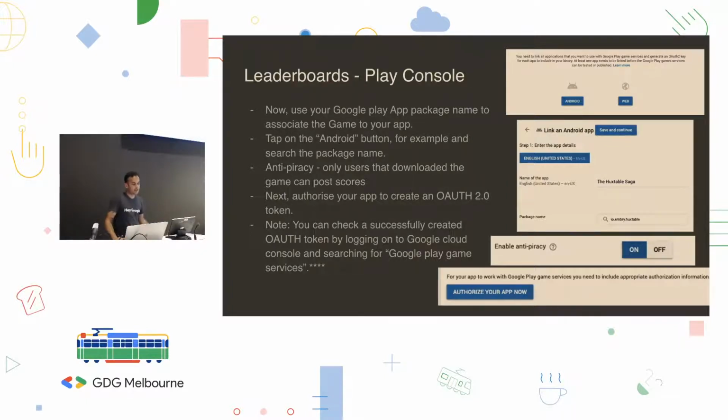Anyway, so in our case, we'll tap on the Android button and search for the package name, look it up. There's also an option for anti-piracy. I don't know who's pirate rules, but that kind of checks if the user has downloaded the actual binary from the store. As soon as you authorize your app now, it actually creates